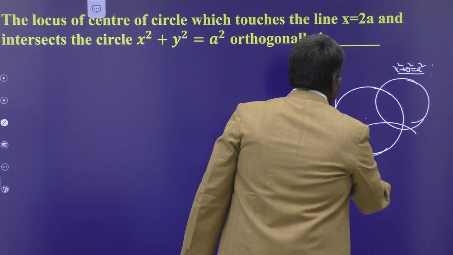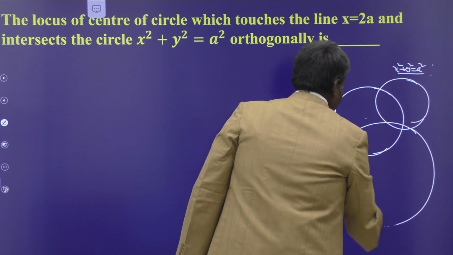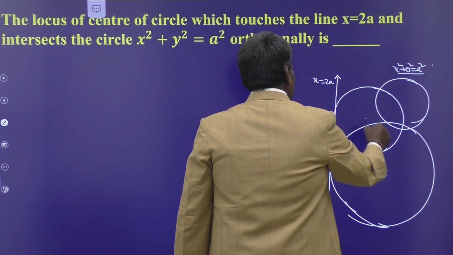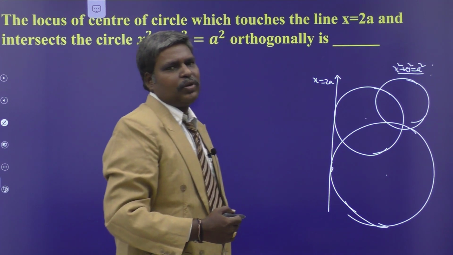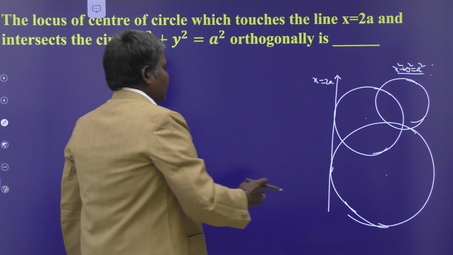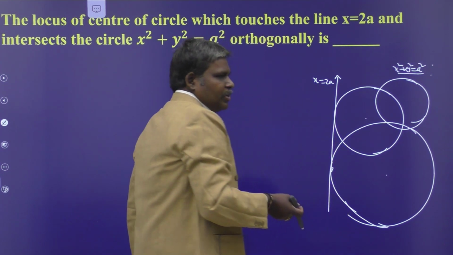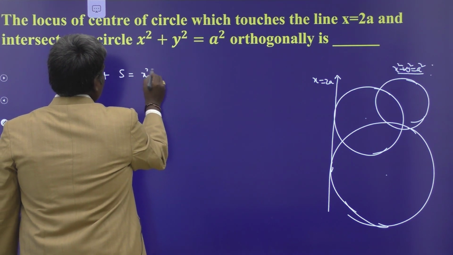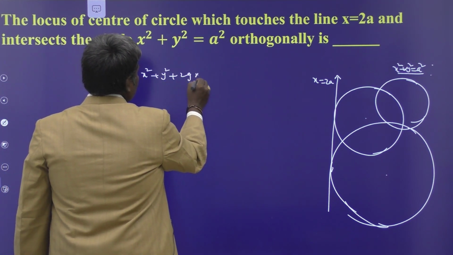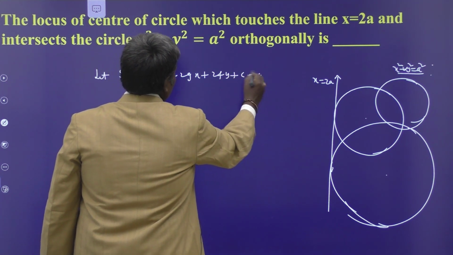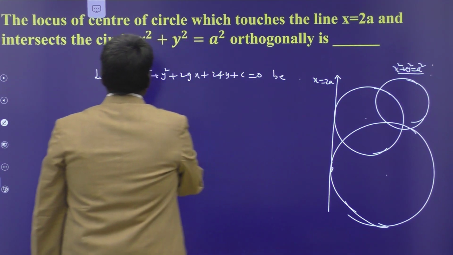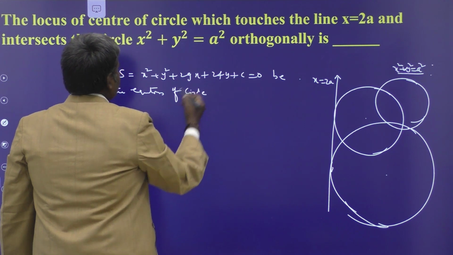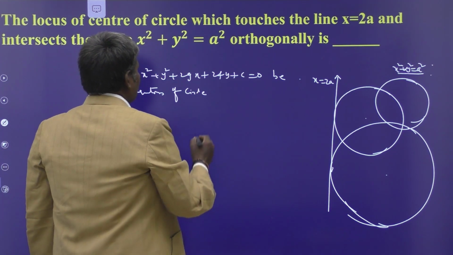There exists another circle like this, intersecting the circle orthogonally and touching the line. This is the center of the circle. You collect all these centers, you get some locus, that is what you are going to find out. Understand? Suppose in this set of circles, let S equal to 0 be one of the circles. S means x square plus y square plus 2gx plus 2fy plus c equal to 0 be the equation of the circle, S equal to 0, touching x equal to 2a